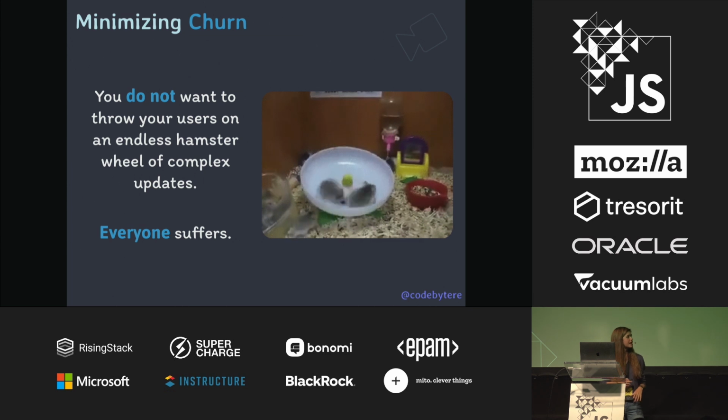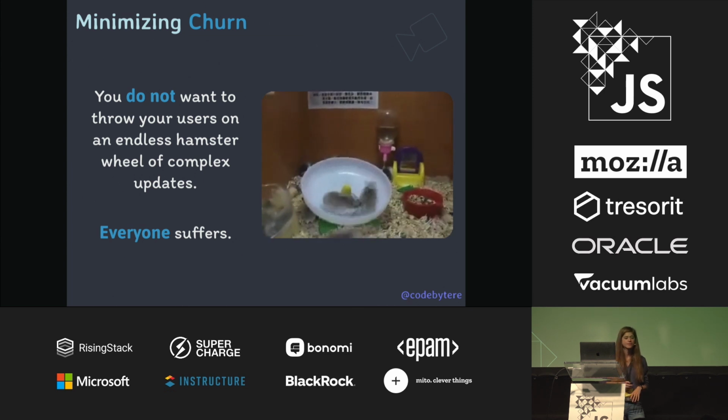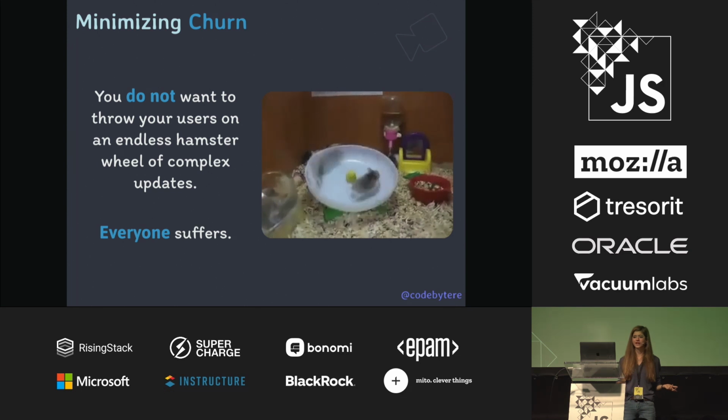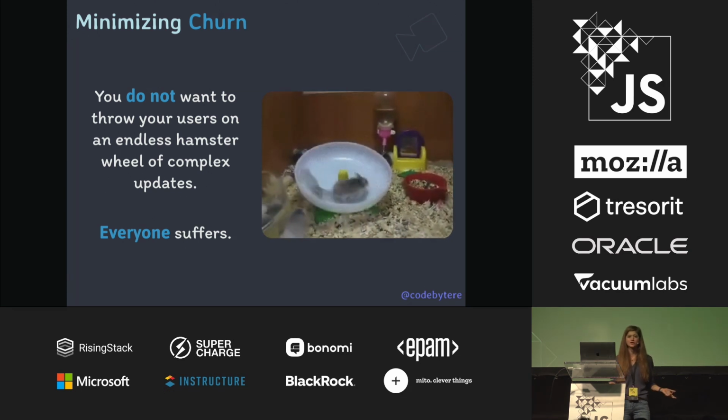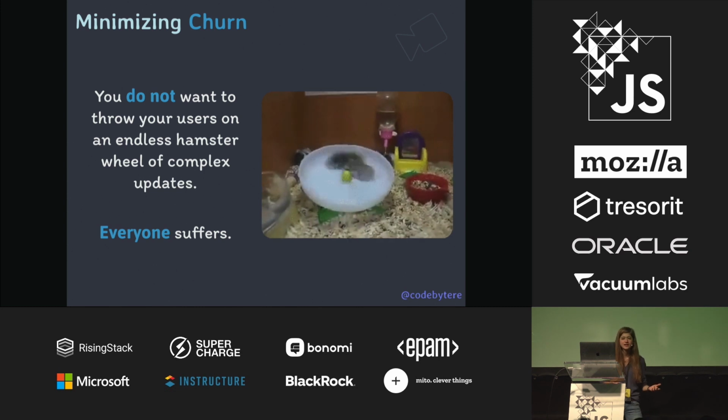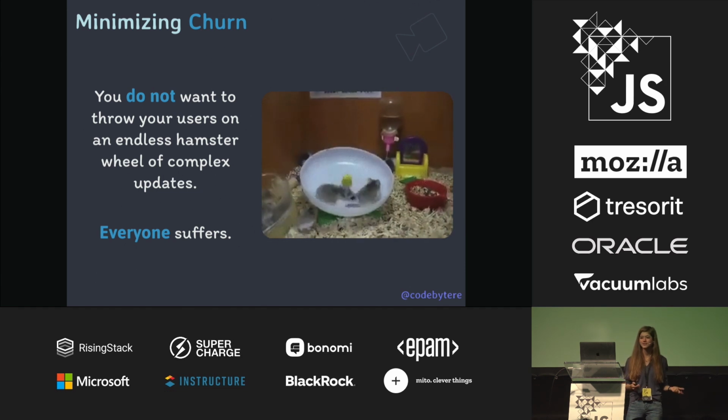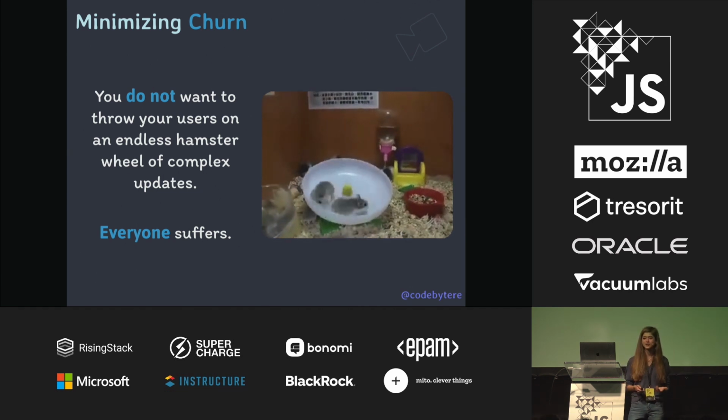Unfortunately, communication can only help against some limits. You can communicate your list of breaking changes really far in advance, but if every major version has 100 breaking changes, it's going to be difficult to keep up, and the cost of updating your library might become too high for some of your users.